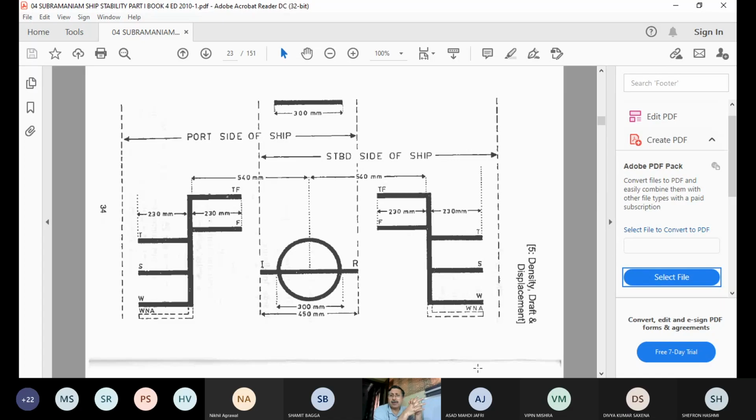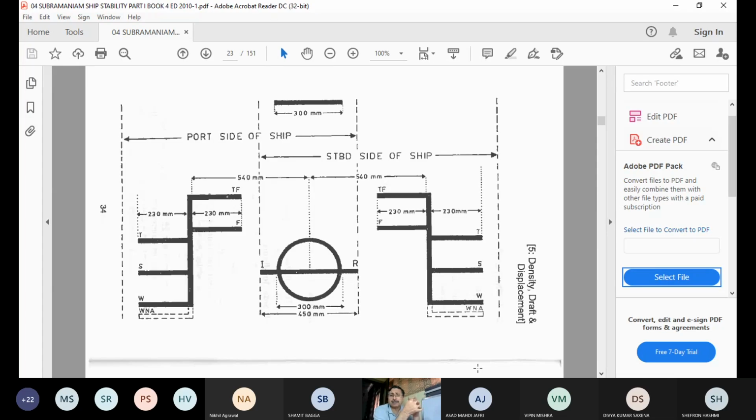Simultaneously, I am going to consume while going from Haldia to Chennai, so my drafts are going to decrease. Had I not consumed anything, supposing I just picked up the vessel and put it at Chennai,